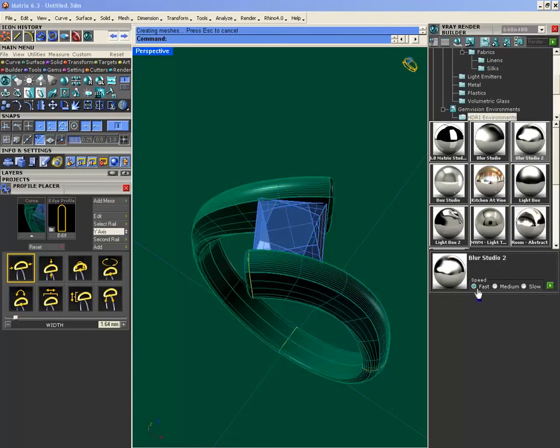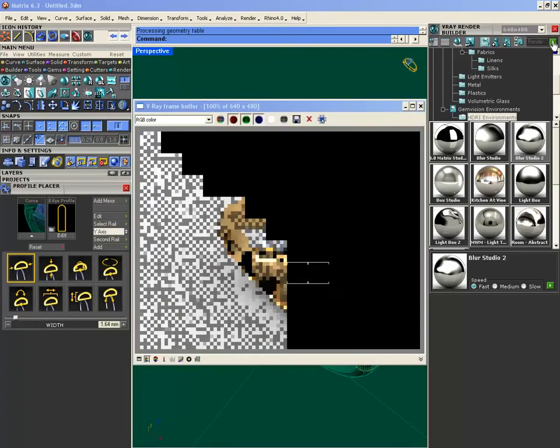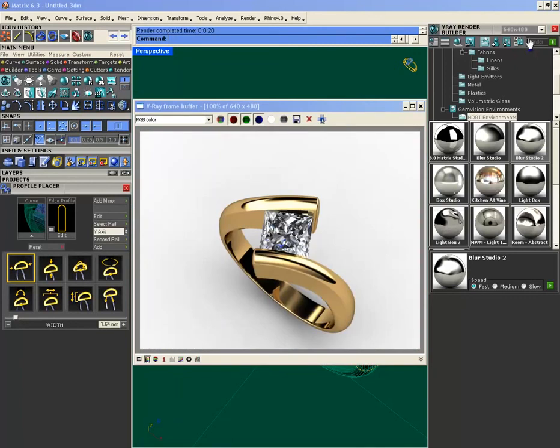Okay, we use this one, and finally press this render button. Right here. So can you show me the photo? Uh-huh. So